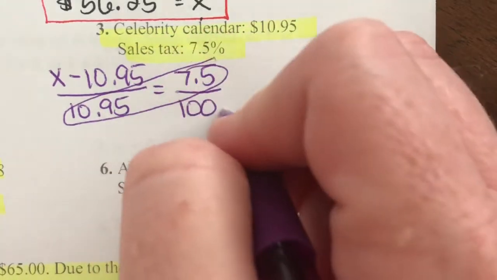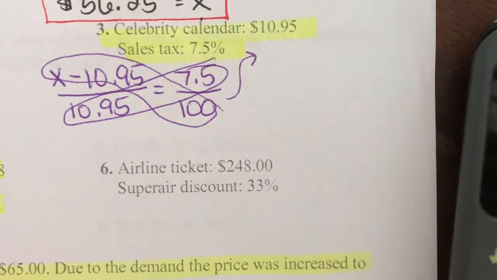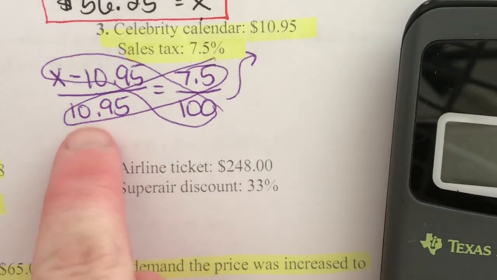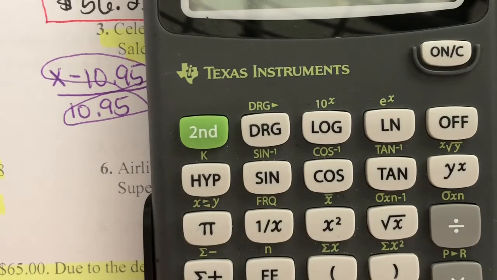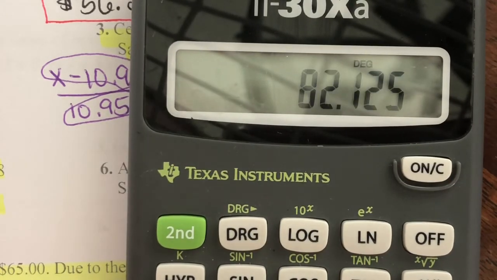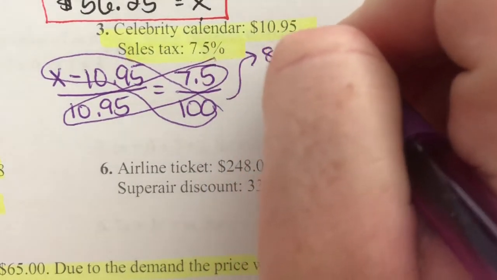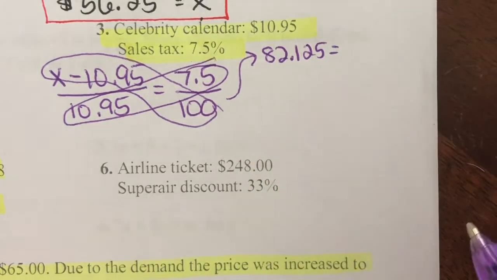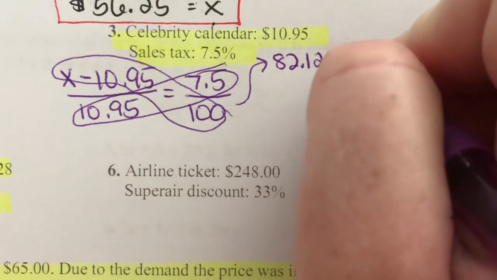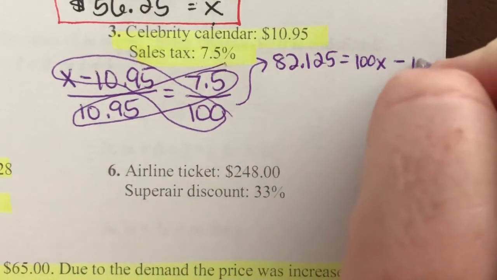Then we're going to cross multiply and write that out here. And I'm squishing because if I wrote out every single step, that's a lot of steps. Hopefully you guys are following along with what I'm saying. Okay, so I'm going to do 10.95 times 7.5. That gives me 82.125 equals, and then x minus 10.95 times 100 gives me 100x minus,